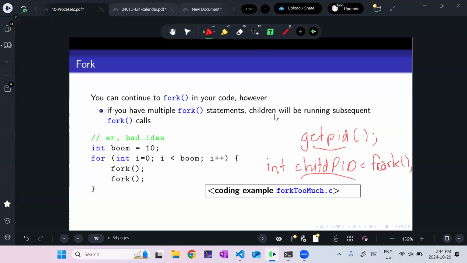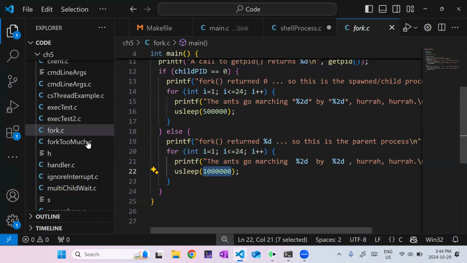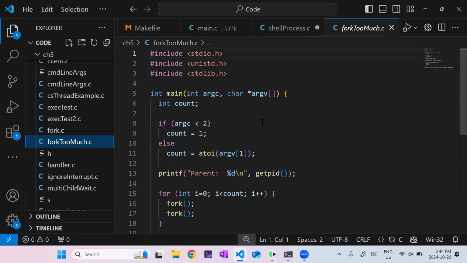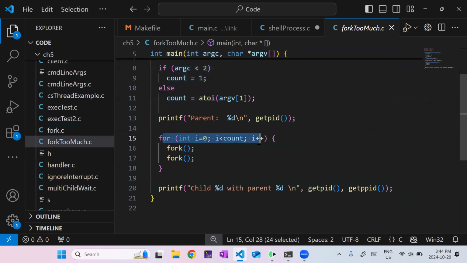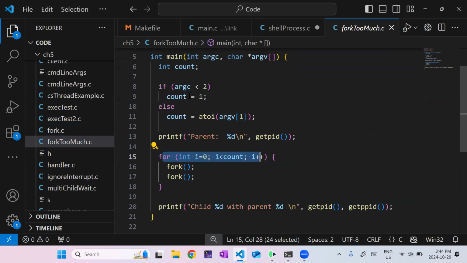All right. Oh yeah, so you have to be careful with forks, right? Because, well, what can happen? I can do something like this. Here we're taking some command line arguments, and based on the command line arguments, I'm running a for loop, right? From i equals 0 up to count, where count is at least 1. But maybe I send in 2 or 3.